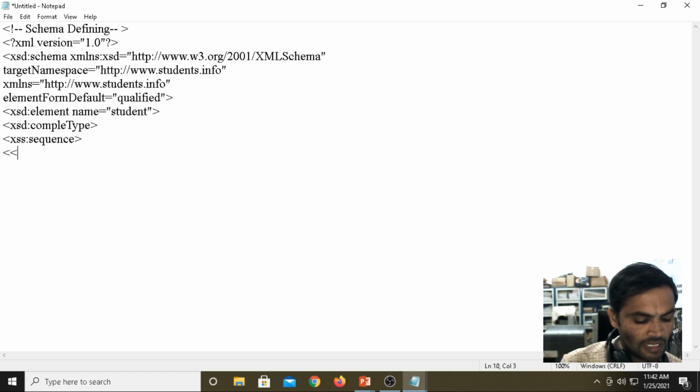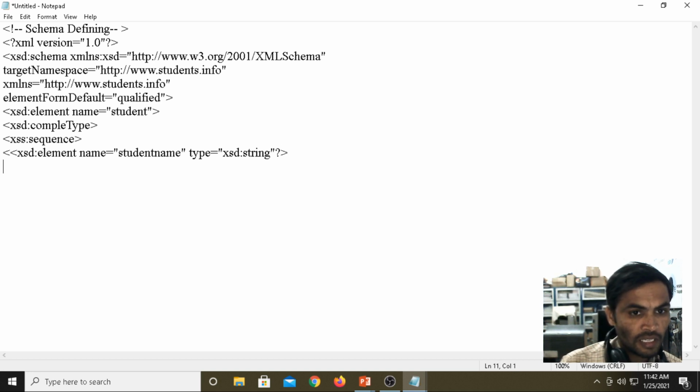Then under this, we are defining the elements. Element name equals studentname, type equals XSD string.